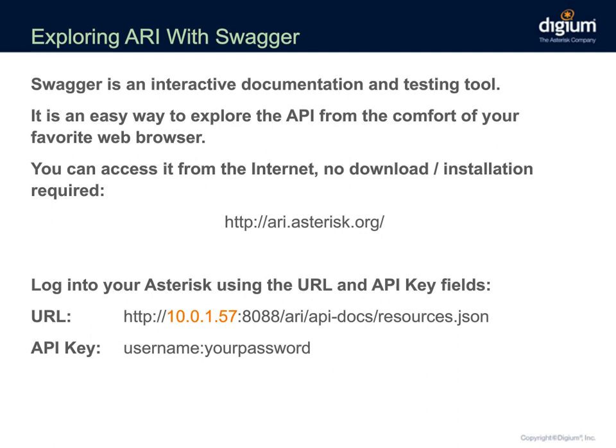To use Swagger, you don't even have to install anything. You can go to the ari.asterisk.org site, and that'll bring up the Swagger UI. From there, there are a couple of spots for you to fill in additional information. You can put in the URL for your Asterisk, and you see it formatted here with HTTP, and then the red highlighted area, which is my Asterisk,